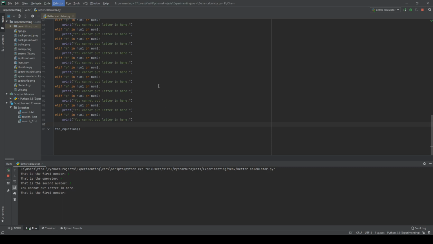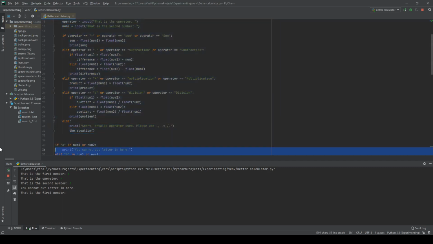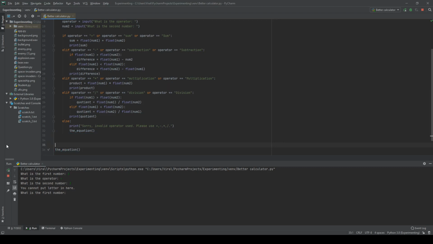Okay, guys, so yeah, that's my challenge. Can you guys tell me how to not put letters in here? Because it's a bit hard, and, yeah, so I challenge you guys to try and make the letters